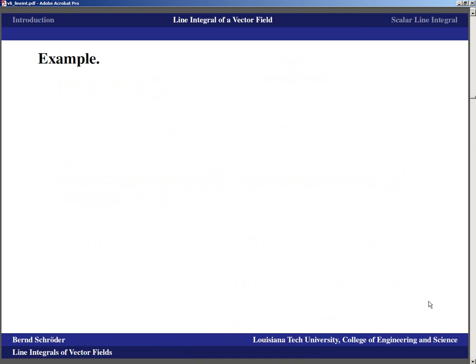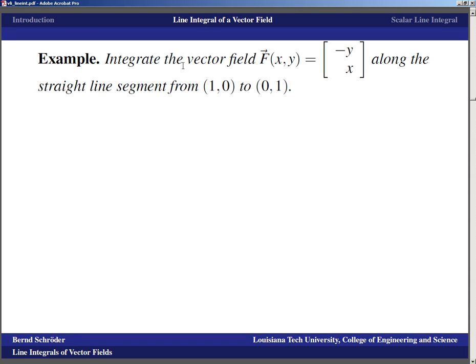Okay, well, that was all the technical background as well as the visualization that we have just worked our way through, and certainly now it is time to just think about examples and to visualize what this integral does. So if I take the vector field f of x, y being negative y, x, and I want to integrate that along the straight line segment from 1, 0 to 0, 1, then technically speaking, this is something that we can do without visualizing anything, because it's straight computation. We will also visualize what's happening, because we certainly always want to understand what the computations do,